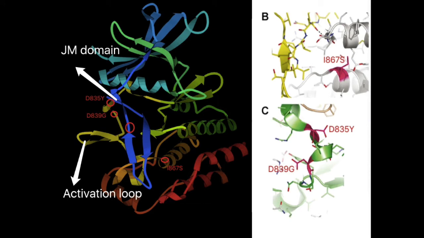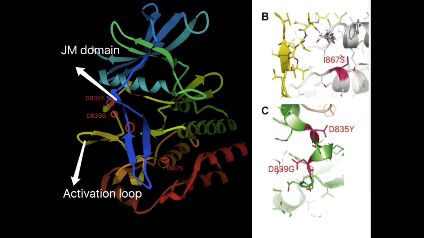On the molecular level, FLT3-D839G, or aspartate change to glycine at 839, and FLT3-D835Y presumably lead to a more flexible activation loop and consequently higher propensity for tyrosine phosphorylation. The corresponding amino acid D816 of the homologous CKIT receptor has also been described to be mutated in mast cell-related diseases. The mutated form of I867, called I867S, has a